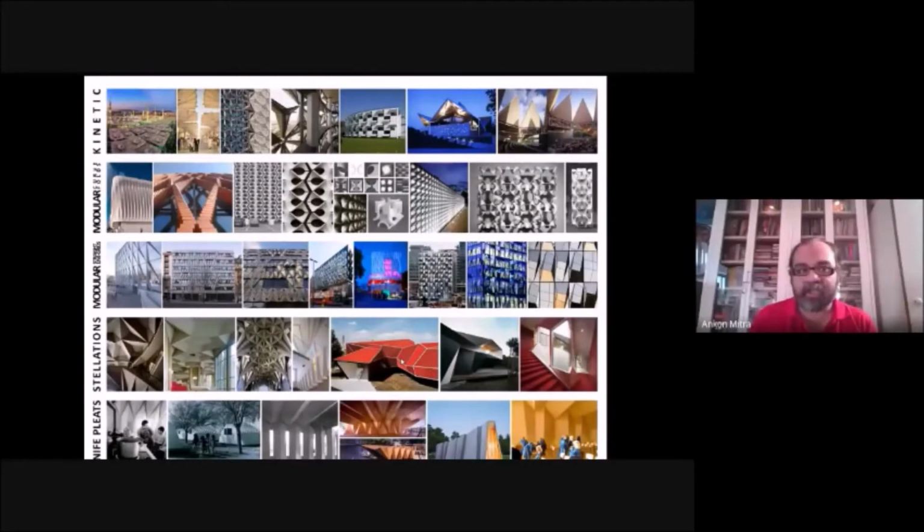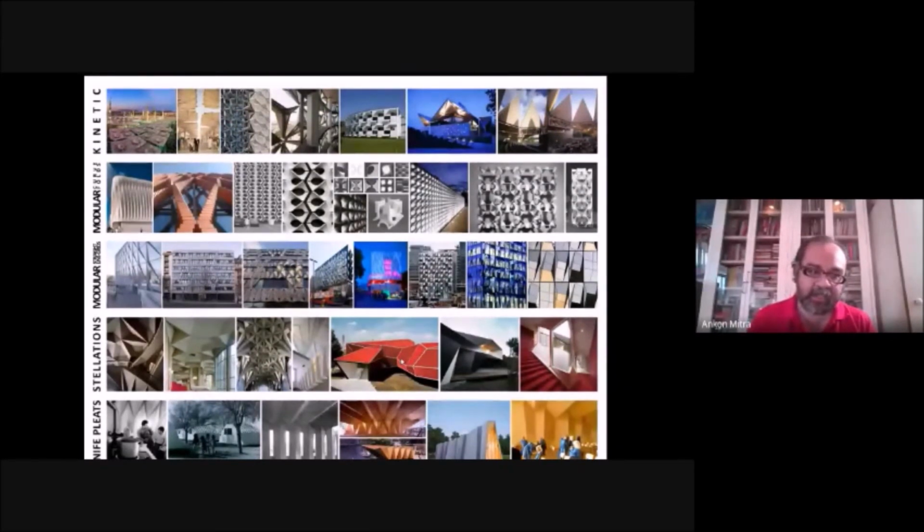To works of architecture, again during this lockdown, I was able to sit down and finally bring some of my favorite projects from the past and the present into a single kind of table, where a lot of folding has been employed by the architects and the designers in the creation of the projects, some of which are kinetic facades, some where a modular curve fold system is used to modulate the amount of light which goes into a building.